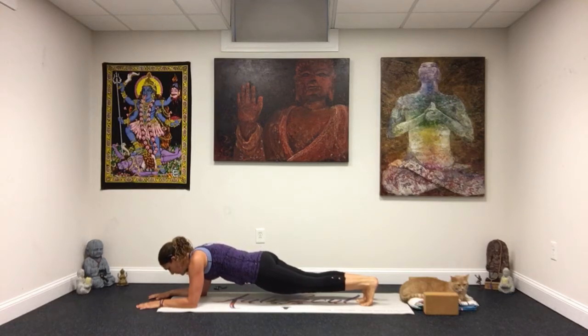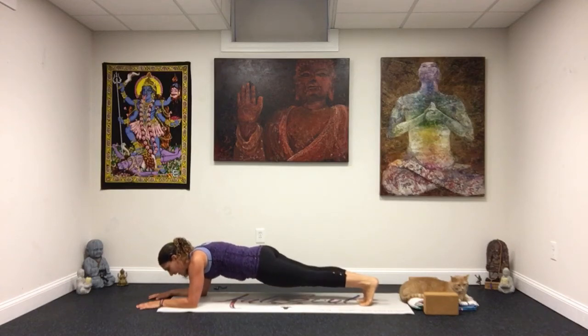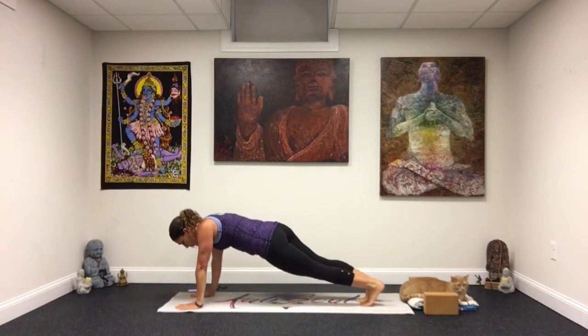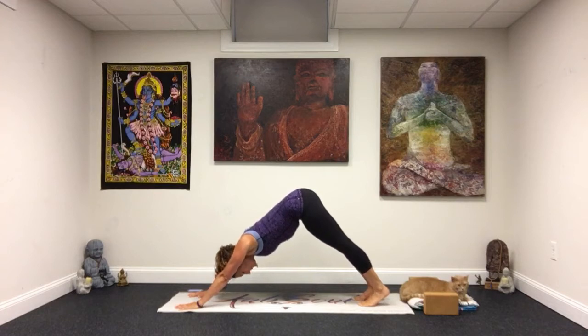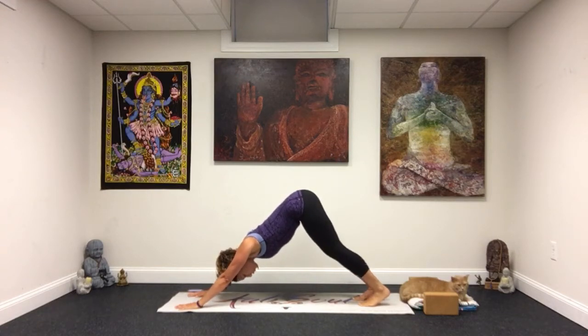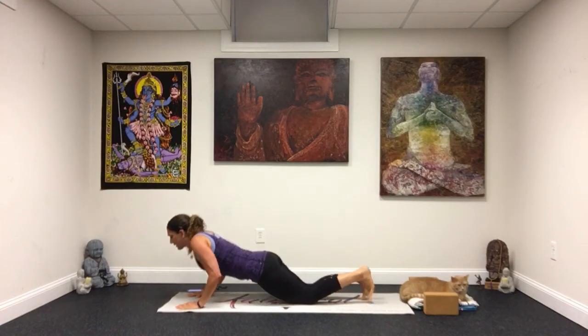Little change up here. Just breathe in this plank. You can tap your knees down if you need to, but you don't need to yet, I'm sure. And then take it back up. Stretch it out in a down dog. Inhale. Exhale. And wave it back to your plank. Tap the knees down, lift the belly, and go